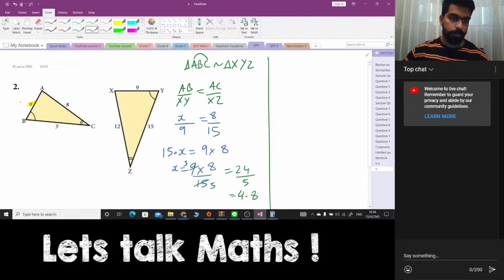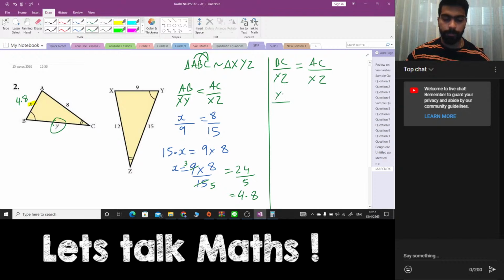So we know our x is 4.8. Very good, guys. Now let's go to the next one. We have to find y here. So y is BC, which goes from the second to the third. So BC over YZ is equal to AC over XZ. So we know our BC is Y. So Y over YZ, which is 15, is equal to,